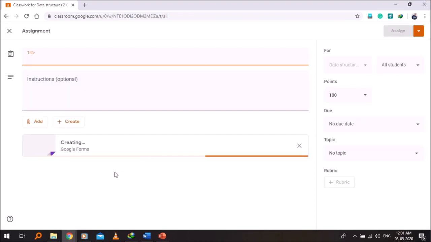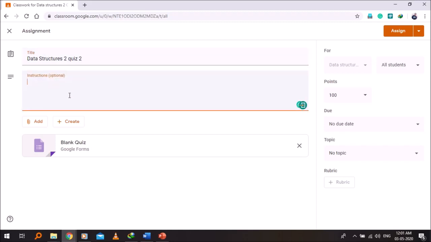In this it already gives you a blank quiz form. Type the title of the assignment or the quiz. For example, I am typing this Data Structures Quiz 2. Write the instructions if any, like the quiz